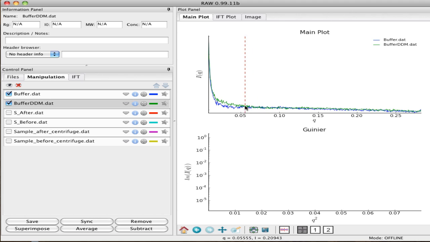So I wanted you to see this example because blue is a characteristic buffer. It's just sort of flat and uninteresting. This is a buffer without any detergent in it. And then with the detergent added, you can see that it goes up, comes down, almost touches where the buffer is, and then it comes up again. This is very characteristic of